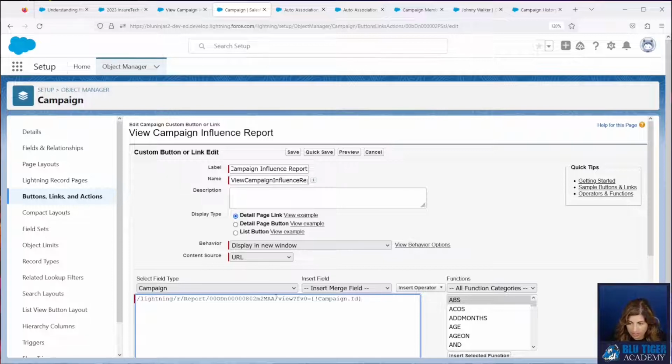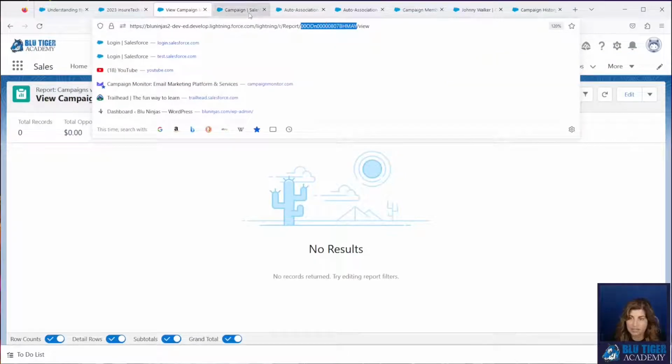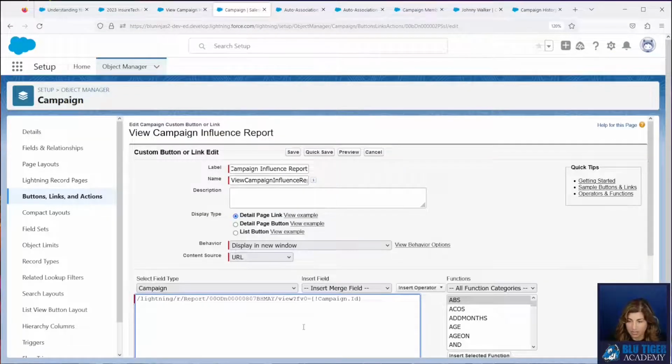So you'll paste the link in here, and then your report ID goes here. So we'll go back to our report here. We'll grab the ID and we'll paste it in there. We can see that the FV0 is going to pass the campaign ID into the first filter in our report. If you had a second filter you wanted to pass a parameter to, you could just add another one that would be called FV1, and then it would go to FV2. We will click save here,